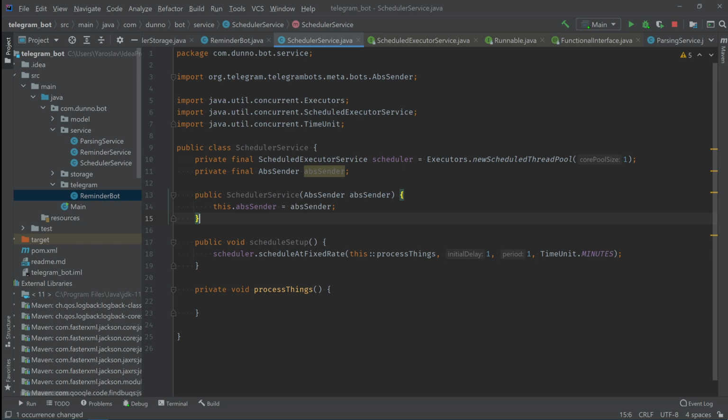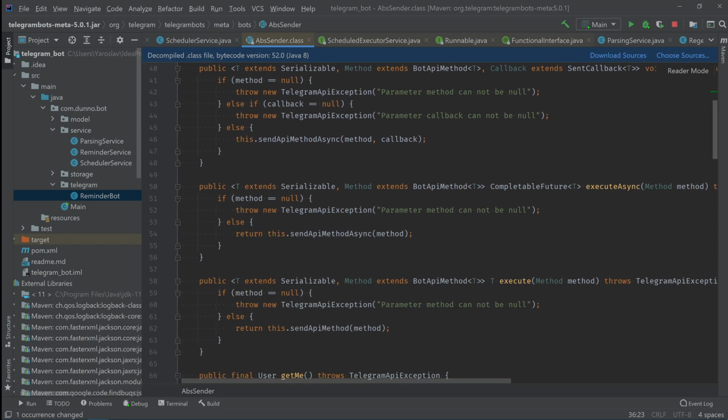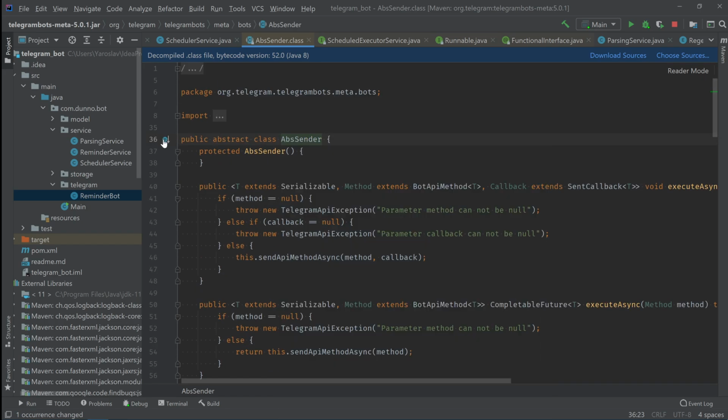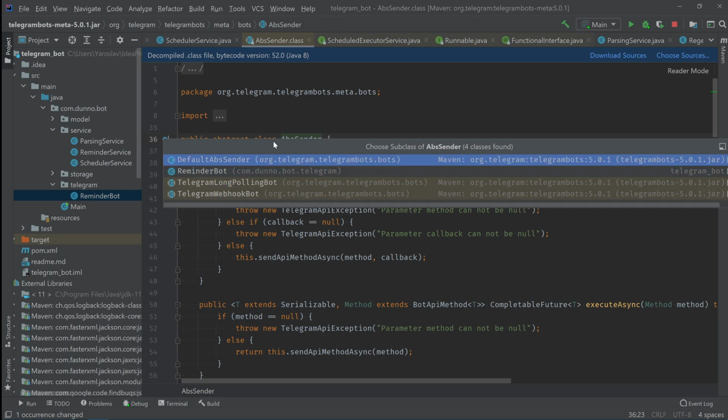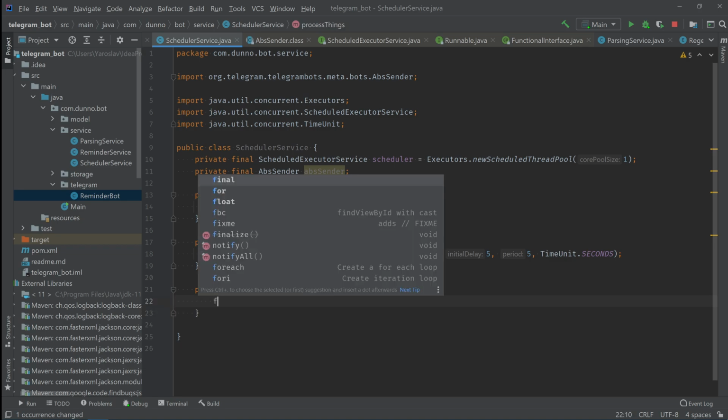Okay. What's ABS sender? That's basically the very basic class for sending things. Yeah, so it has implementations like this, right? And we needed just to send messages, you know. And okay, I don't really like this, like every 5 seconds. Why not? With the 5 seconds delay. I don't know why, but let it be. Okay, so